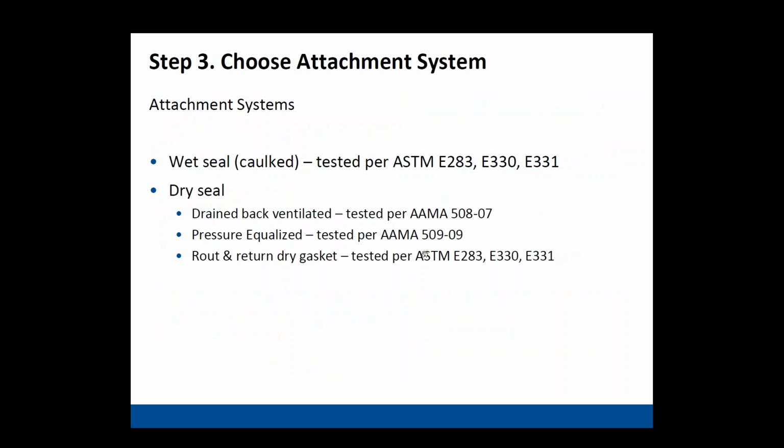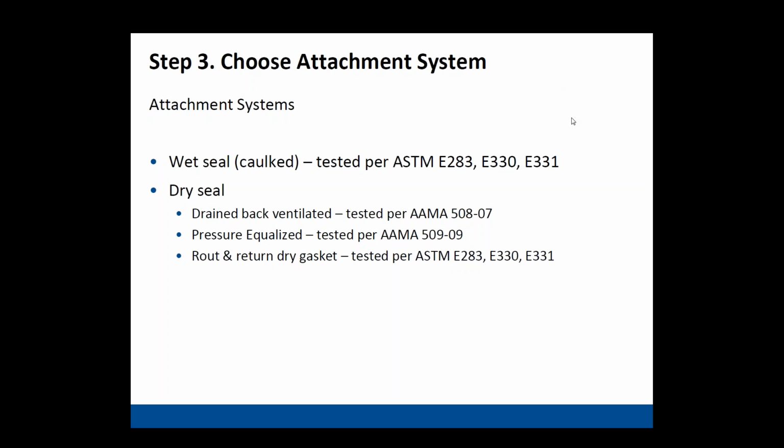Attachment systems. There's really two types of attachment systems. There's one attachment system that's referred to in the industry as a wet seal, and it's a caulk joint. And it's kind of counterintuitive, but the wet seal is a caulk joint, and there's the applicable test. And then you have a dry seal, which just means there's no caulk in the joint, and there's 3 different variations of that. There's a drain back ventilated rain screen, there's a pressure equalized rain screen, and there's a route and return dry gasket